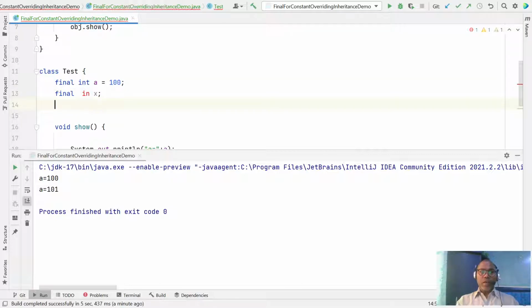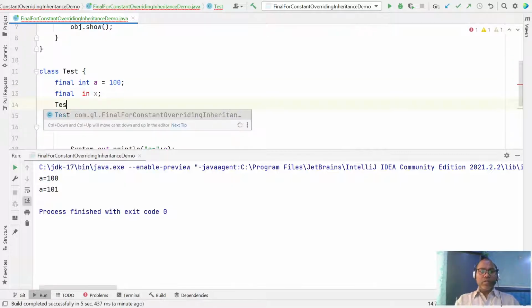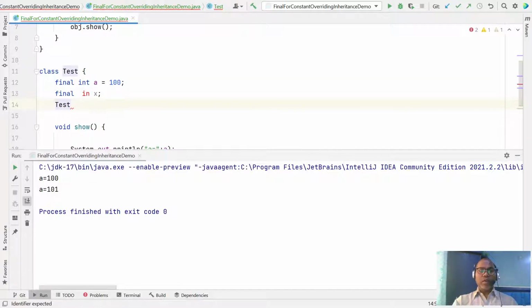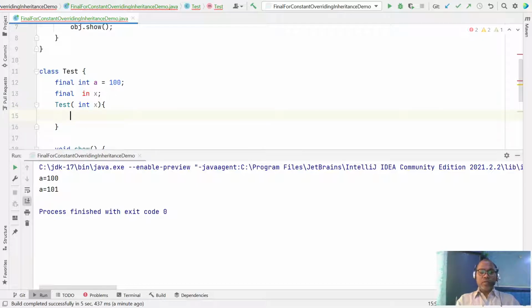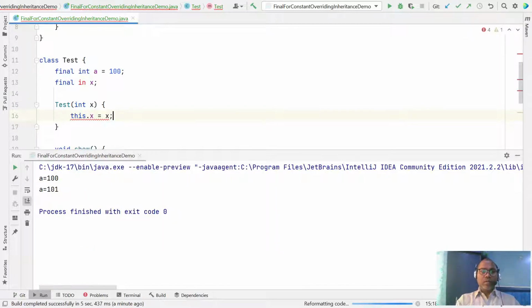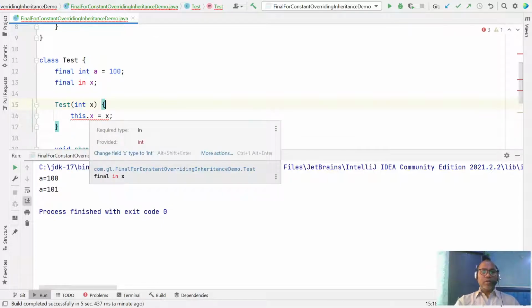If you are not assigning the value here, then while creating the Test class object you must initialize the value. Let's say int x. Here you have to initialize this.x = x. Required type int, provided int.